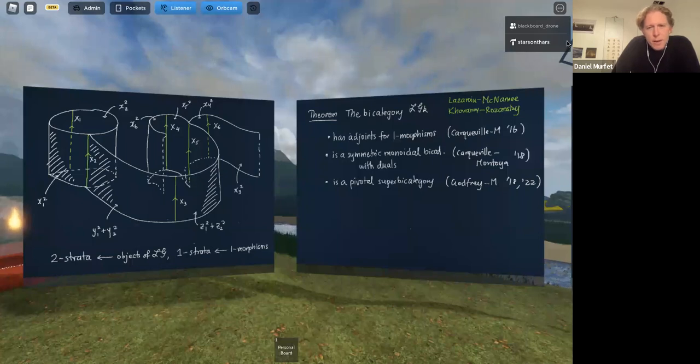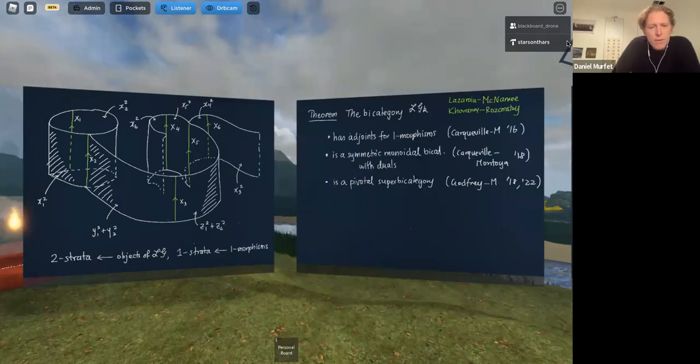To this particular bicategory, you can associate at least, depending how you view it, what one group of people would call a 2-1 defect TQFT. So it's a gadget that can evaluate bordisms that look like this. This is a stratified 2-manifold of a particular kind. The 2 strata are labeled by objects of LG, and the 1 strata are labeled by